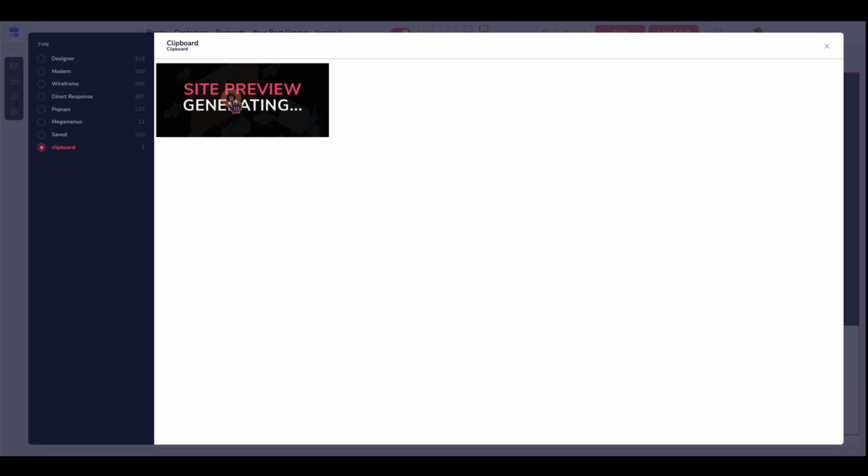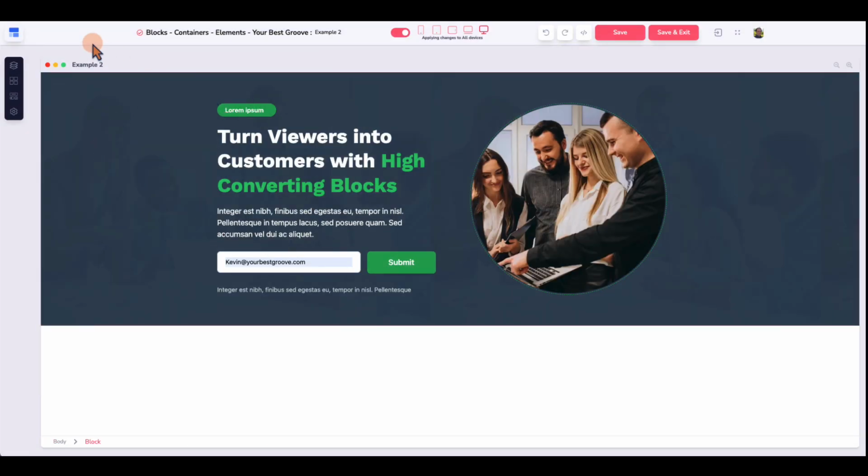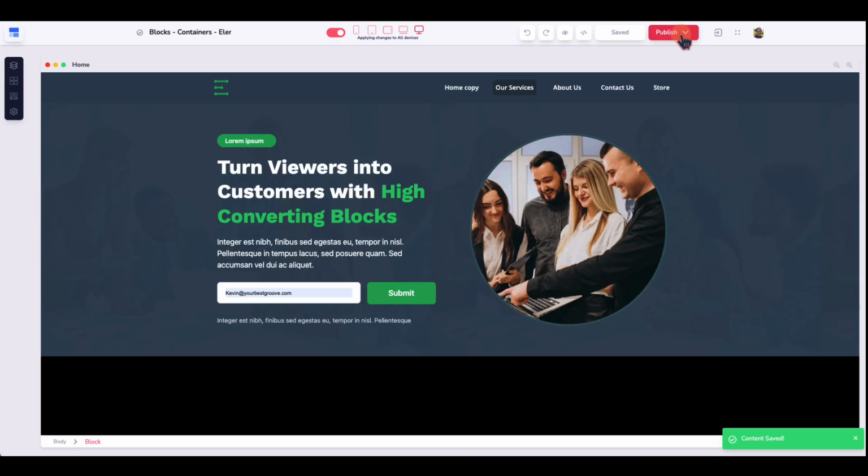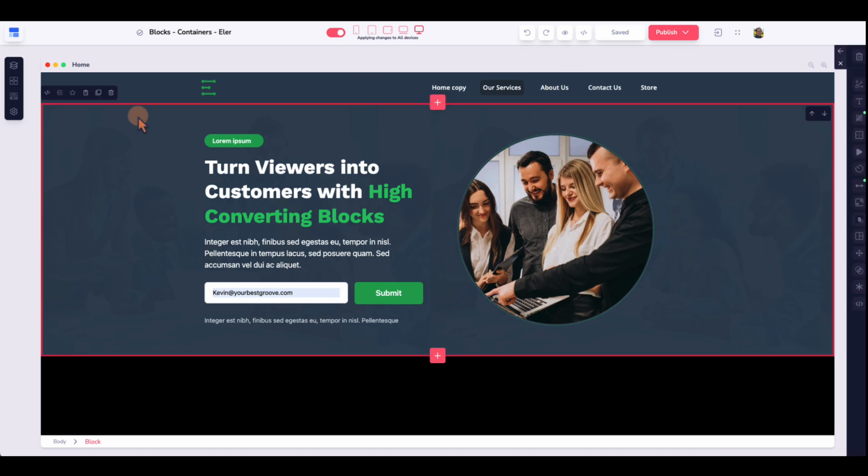So we're just going to click on it, and now you can see that this global block called Example 2 has everything in it that the block on the page had in it. And if this is perfect, or you can make changes to it here if you want to. Once you're satisfied with the way it is, we're going to save and exit. And then, very important, we have not added the global block to this page. We still have the